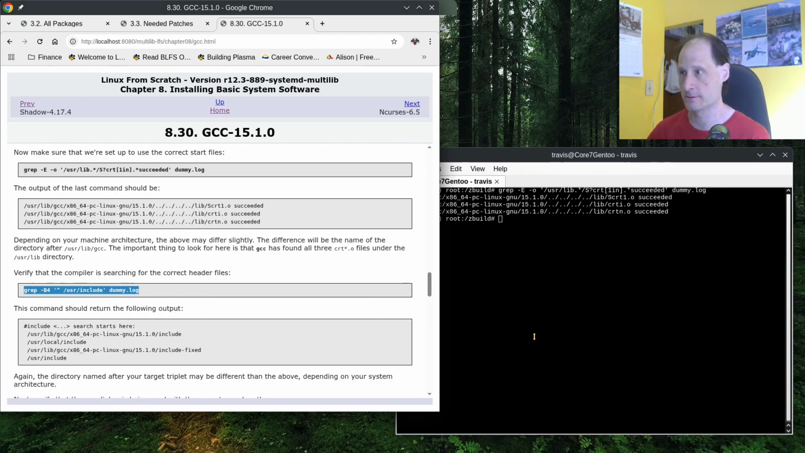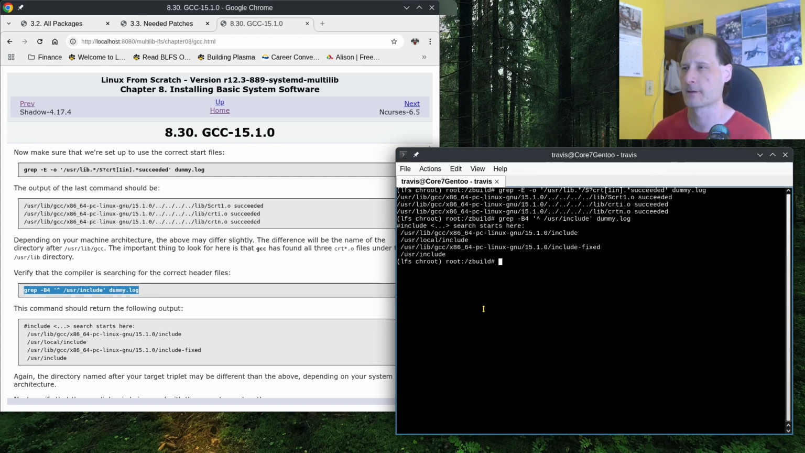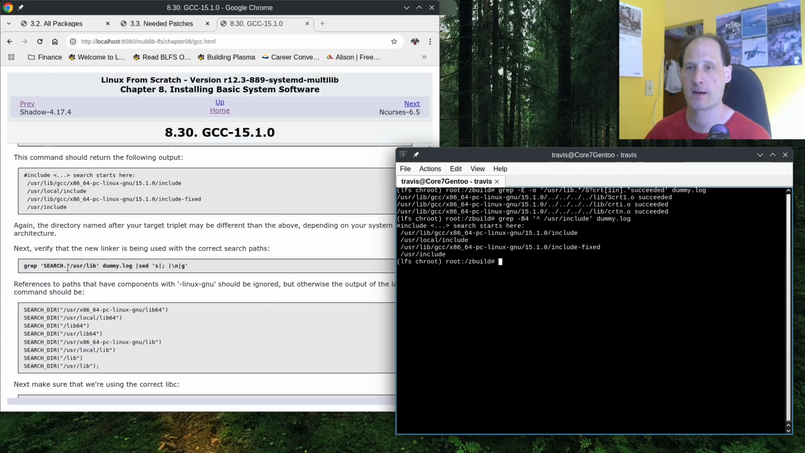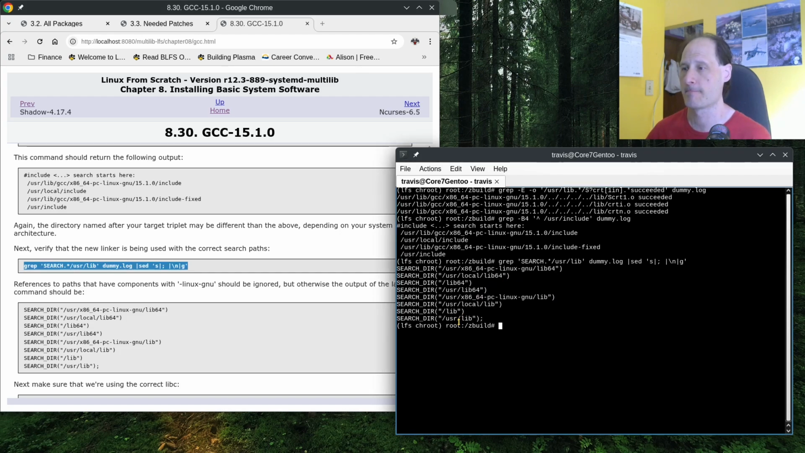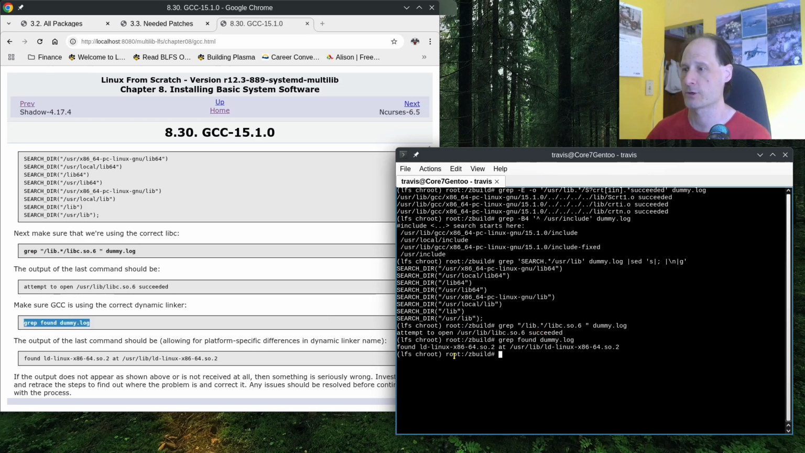Second one. Log. Include looks good. Fixed. For search parameters. Dummy log. Looks good. Make sure we're using the correct libc. Attempt to open that succeeded. Yes. We have found our